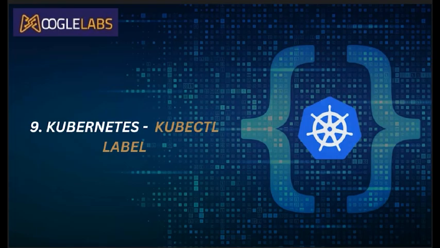Hello everyone, in this video I'm going to explain what Kubernetes kubectl label is, why you would use it, and what labels are used for. Kubernetes labels are key-value pairs used to connect and identify metadata with Kubernetes objects. They offer support for using these labels to create objects and perform bulk operations